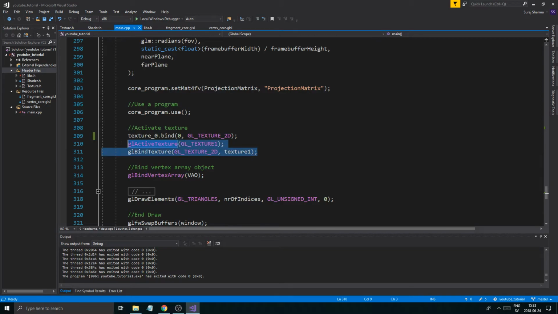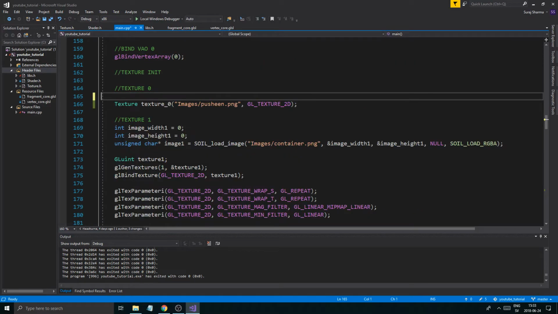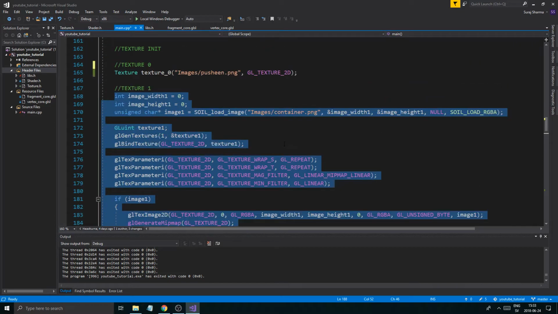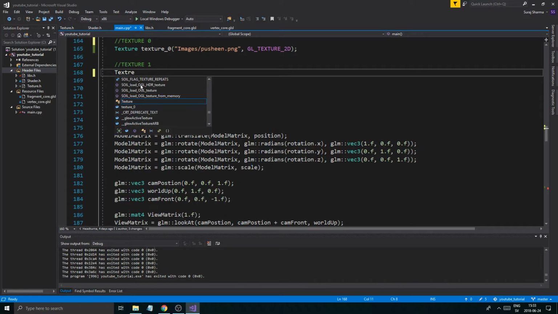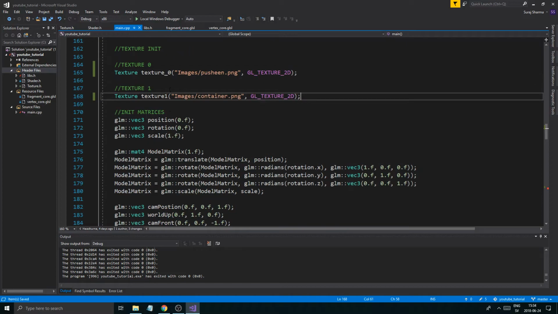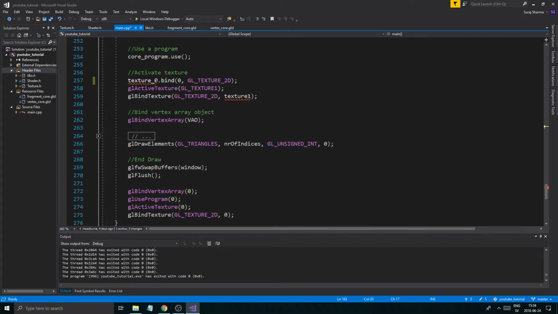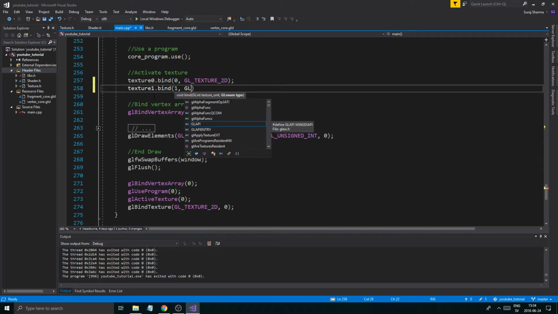Now if I do the same thing, if I just remove all this stuff up here, go back, remove everything up here up until this point, and then we remove everything with images container, remove all of this, then we'll say texture 1, and then images container.png, and then GL_TEXTURE_2D, like that. Also texture 0 there, and then remove that, and then remove this texture 1 dot bind at position 1,